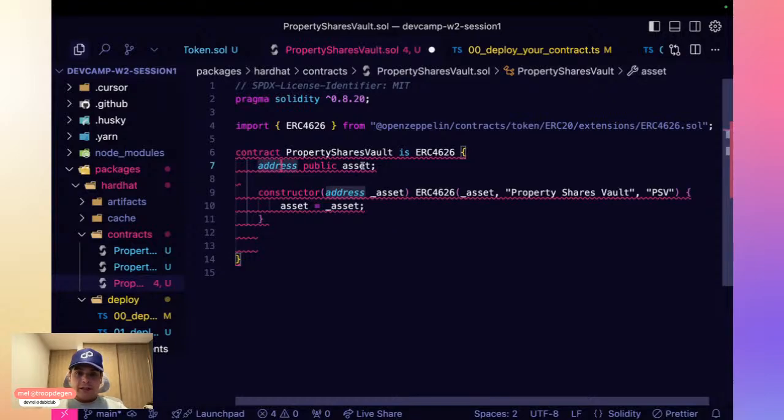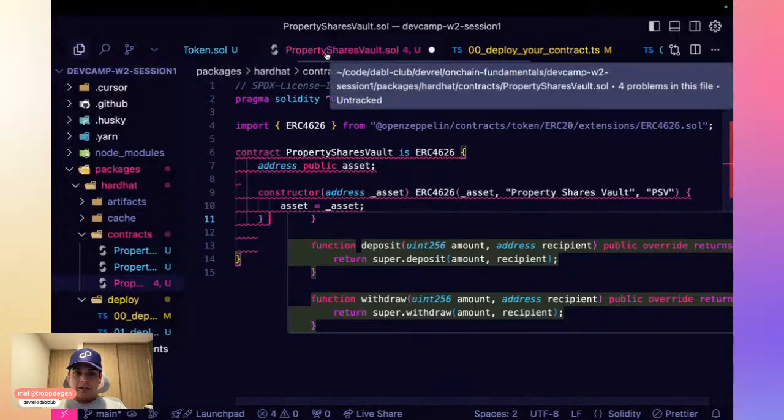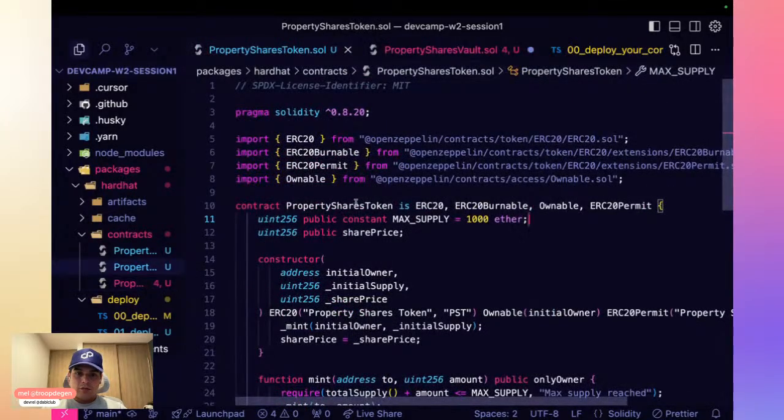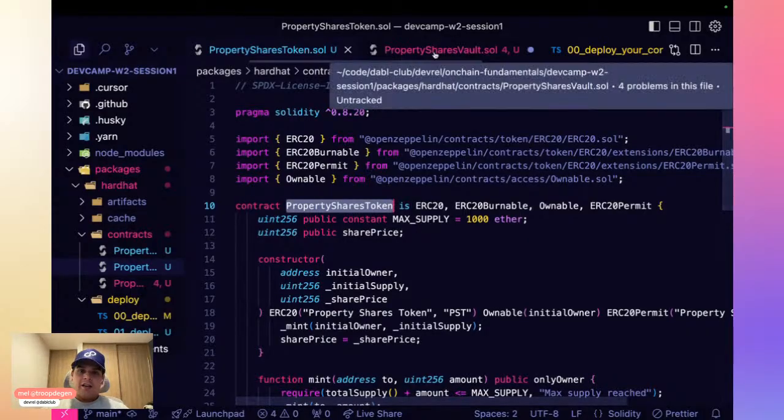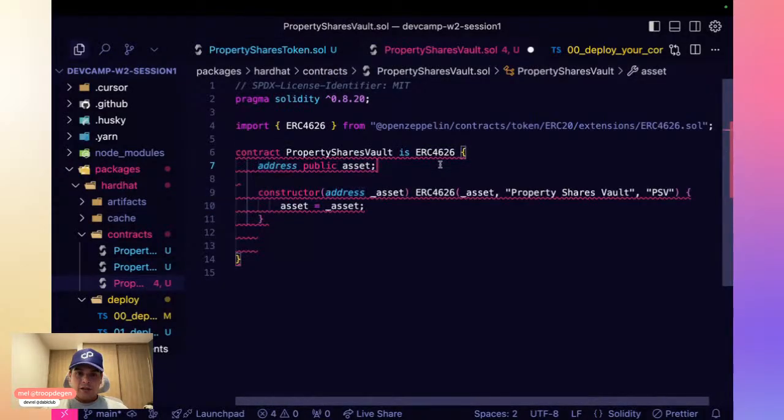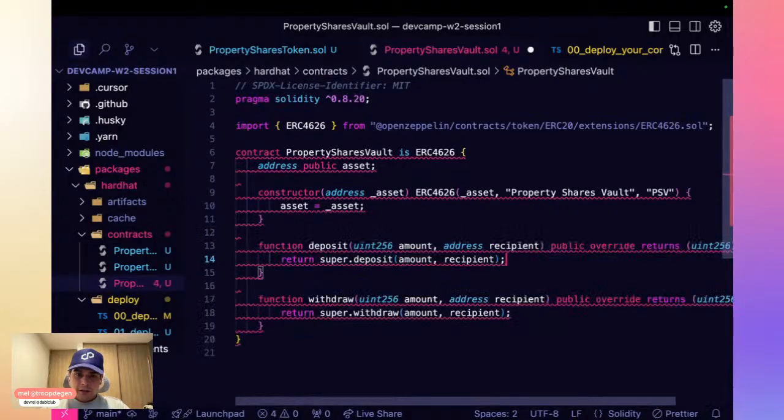But what we will be really storing here is the token that we will be using as part of our deposits, which would be this property shares token. Remember, since this is a smart contract, we are deploying this and it's getting an address. At the moment, I'm going to leave it as address, but then we will change it to an ERC20 implementation.